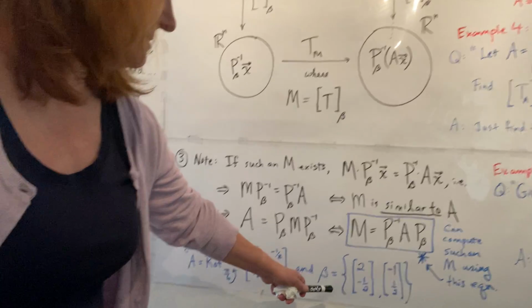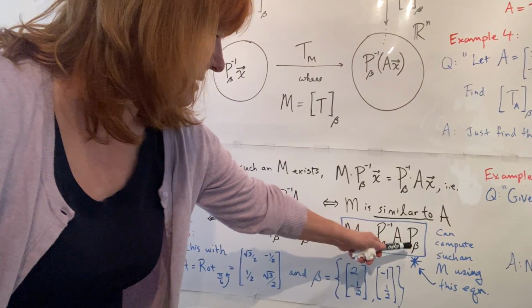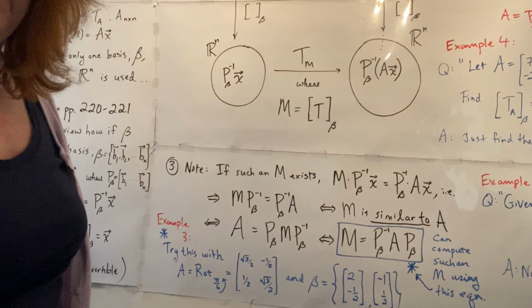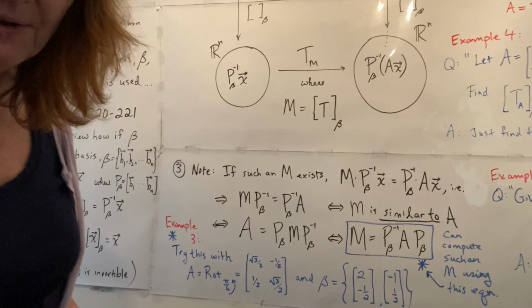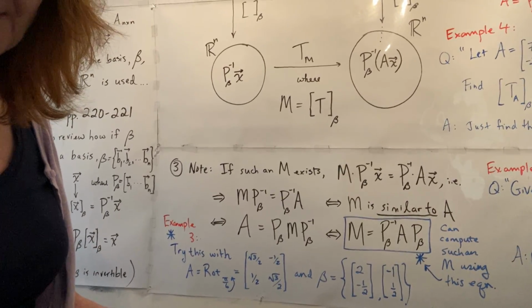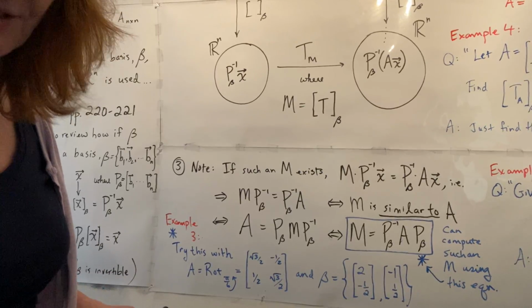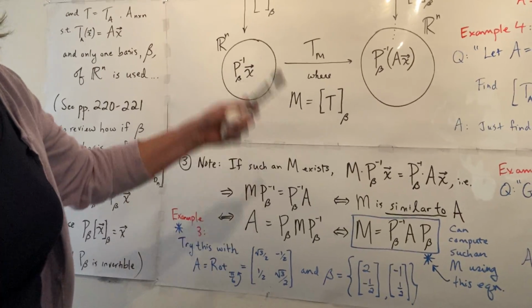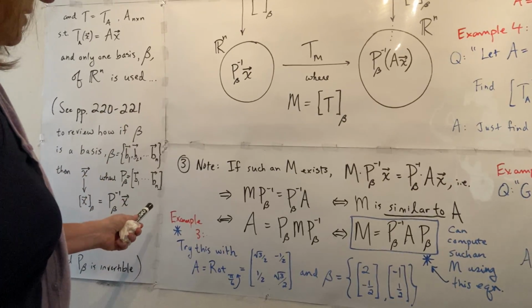Using this and this, come up with p sub beta inverse, and then that product to get m. So you could stop the video now, try that now, and later in the video, when you come back, you'll see the answer, what m would be, okay? Now you'll notice that even though this is in section 5.4,